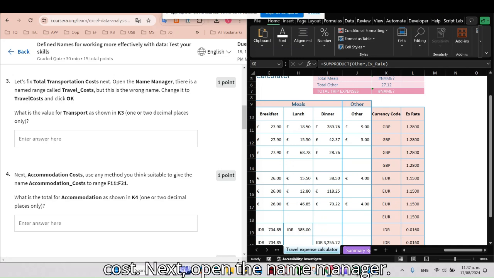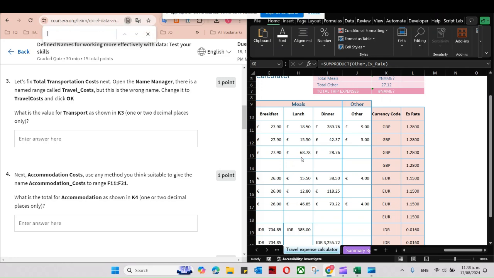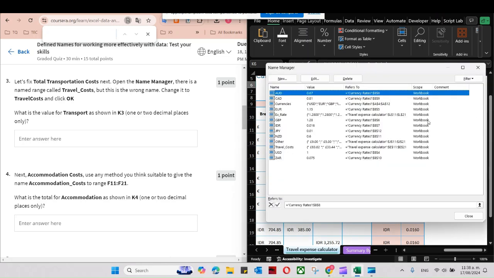Let's fix total transportation cost. Next, open the name manager. There is a named range called travel opera cost, but this is a wrong name. Change it to travel cost and click OK. Again, I will open my name manager with the shortcut Ctrl F3 and edit travel cost.